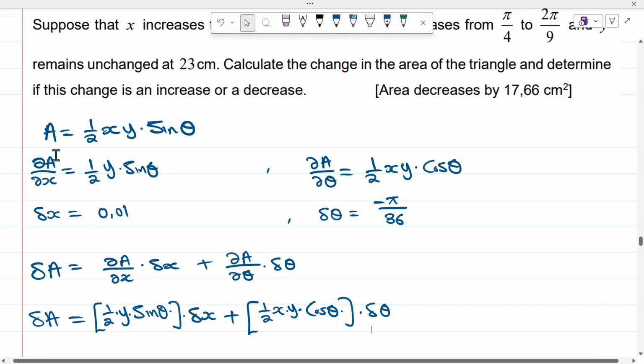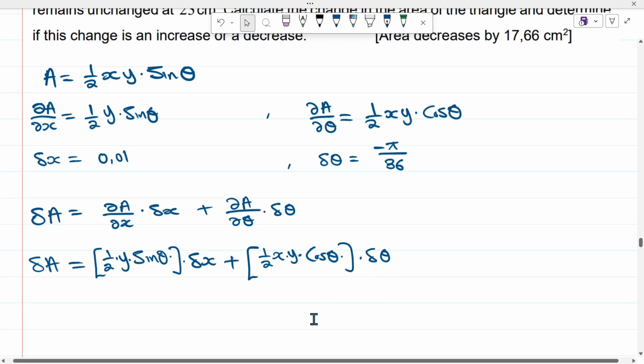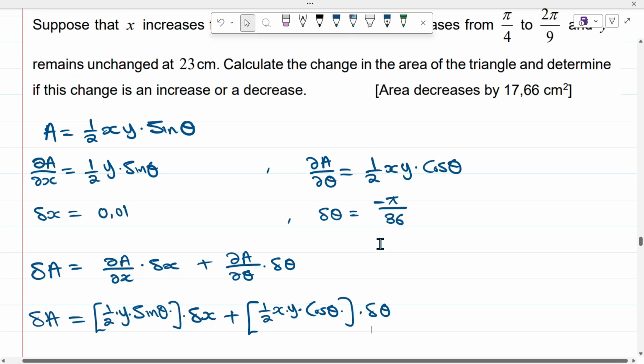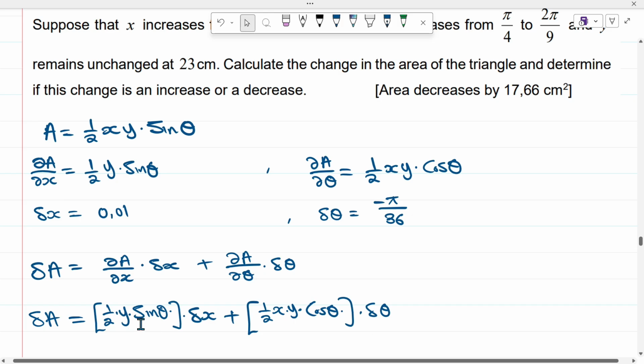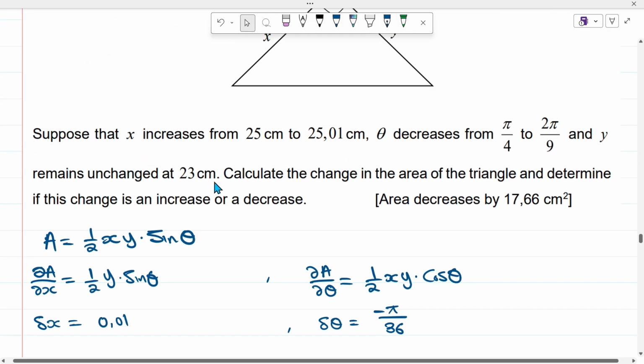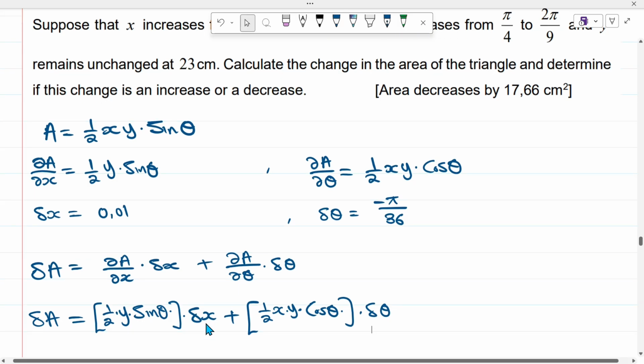So I just substituted my partial derivative of area with respect to x here, and then substituted my partial derivative of A with respect to theta there. So I substituted this there, and now I must substitute the values so that I can end up getting my small change in area. So, like always guys, the value of y, they told us that it's 23 centimeters and it remains unchanged. So the value of x, because you can see that we must substitute the value of x as well as